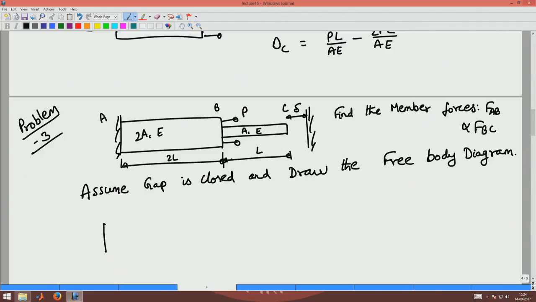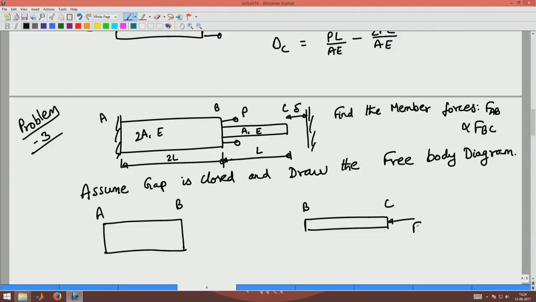Okay. So, for member AB, BC, if the gap is closed, what does that mean? There will be some reaction force coming here, which is F. There will be F here, P there, and there will be a force P minus F, similar to what we had in problem 2, but in